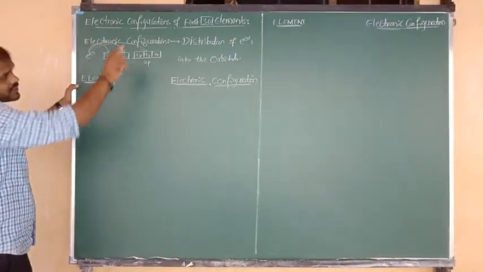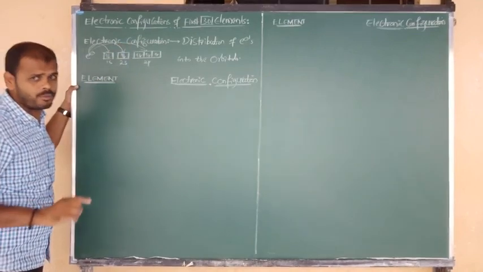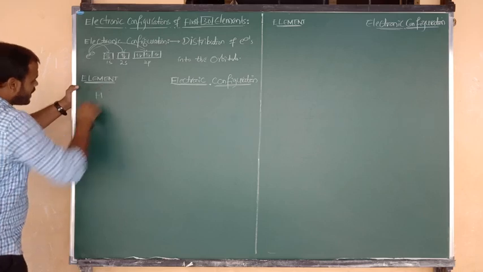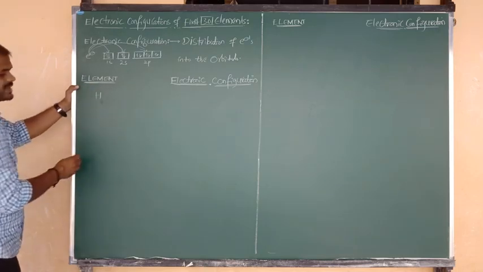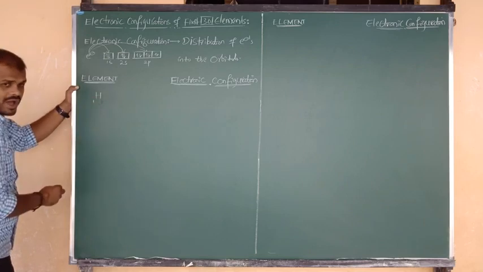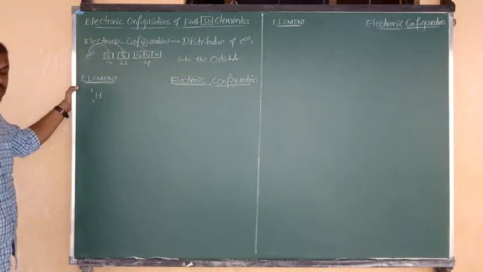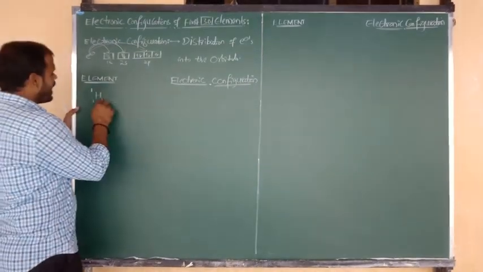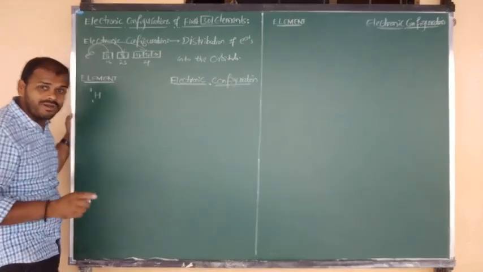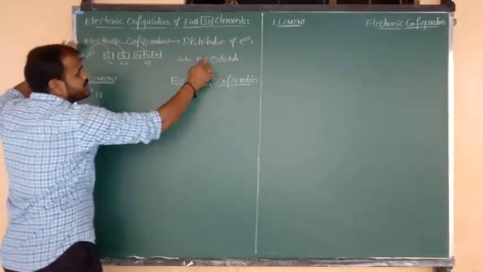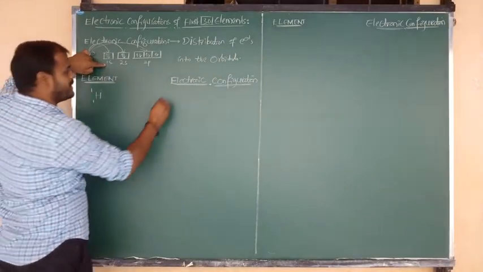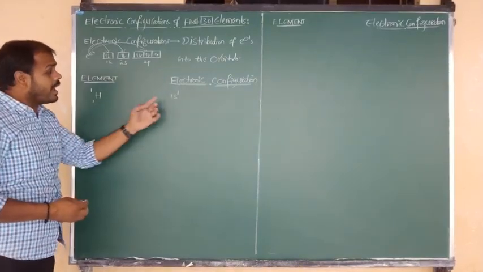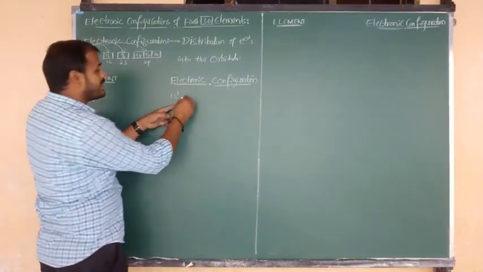First, the first 30 elements from the bridge course point of view. What is the first element? Hydrogen. What is the symbol of hydrogen? H. The atomic number of hydrogen is 1 and the mass number is also 1. Hydrogen's atomic number 1 means it contains only one electron. That one electron is distributed into the 1s orbital. So we can say 1s1 is the electronic configuration of hydrogen. We can also write it in another way.